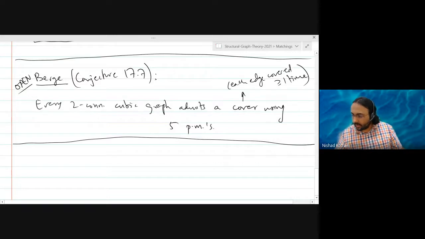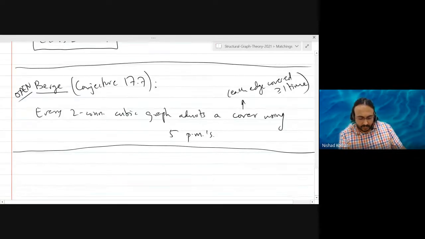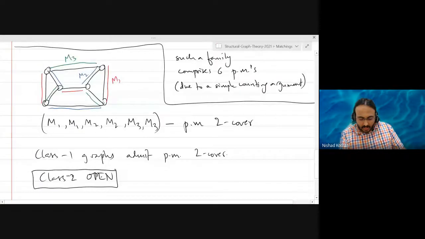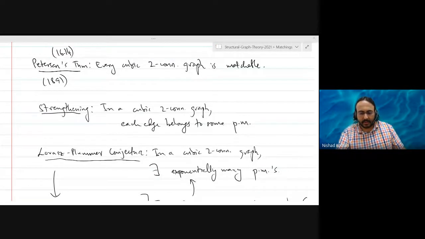So anyways, that's all I want to tell you about these conjectures. They are very similar to the cycle double cover conjecture, so I thought I'll tell you about it. And I have a question for everyone now, and you don't have to answer me now. I'm also going to post it on the group.